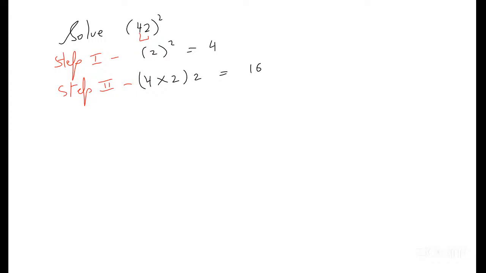Then step 3 is that we take the square of the number at the tens place. So 4 square we will take. Right digit is how much? 16. Okay, and if we take a look at step 2,